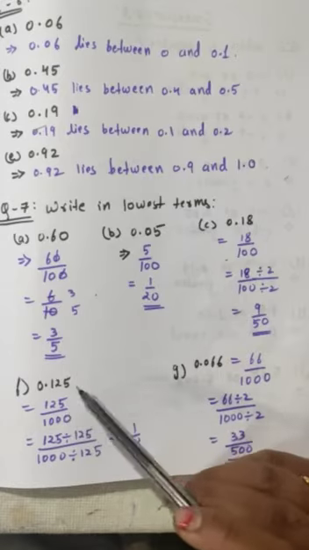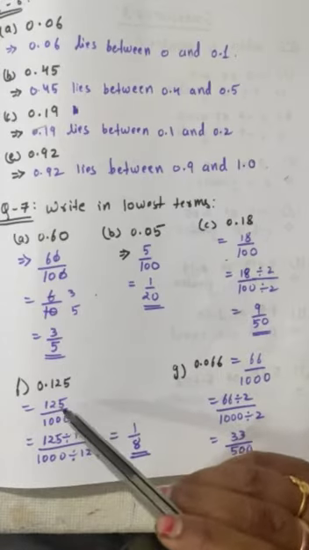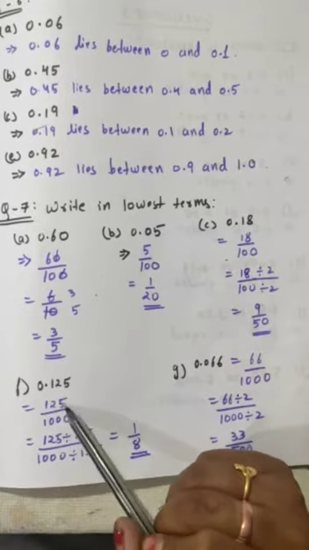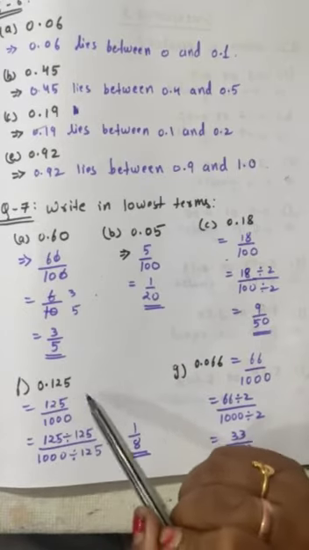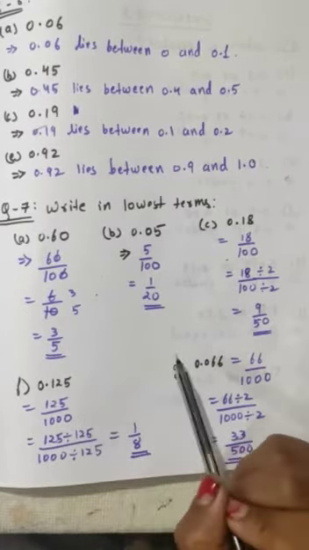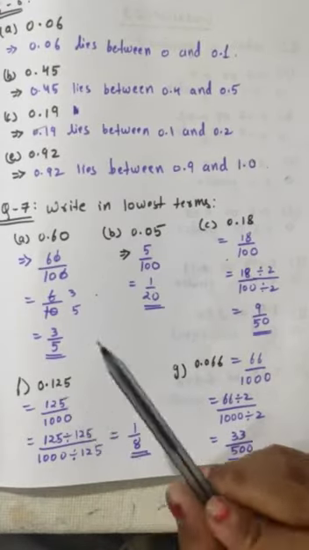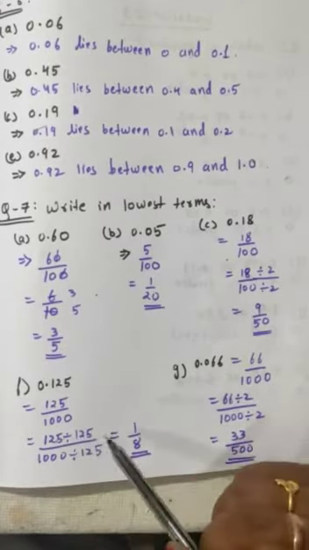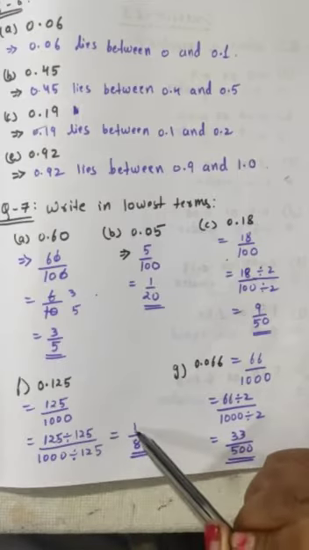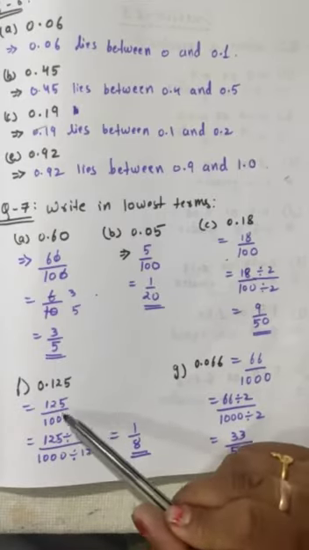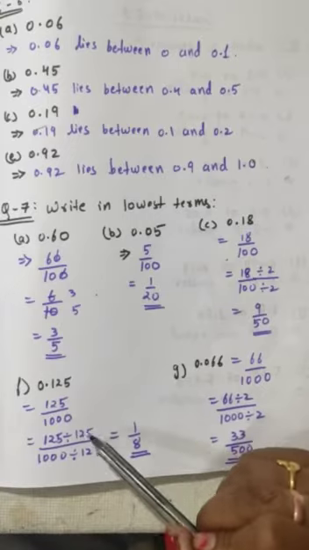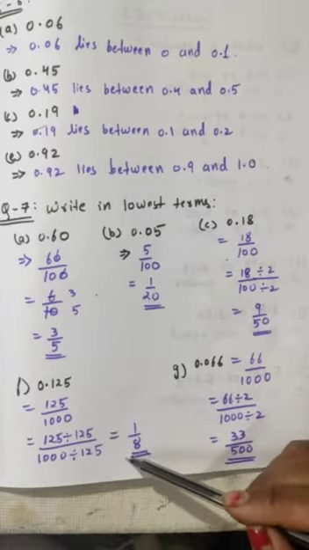Now in this question, if you are not able to find out the HCF directly, तो आप इसे पहले 5 से कैंसिल कर सकते हैं both, and then जो आपका आंसर आएगा उससे आप फिर से 5 से कैंसिल करेंगे, and then again you will cancel by 5. So you have to cancel till you are getting the HCF as 1. Okay, so or directly find the HCF, which is 125. So the answer is 1 upon 8.